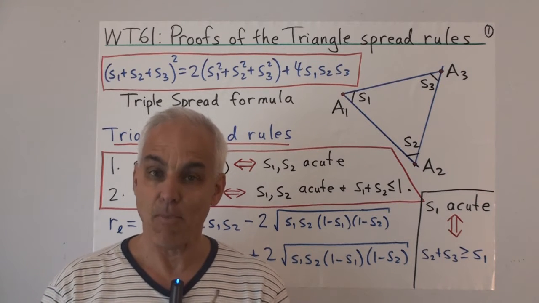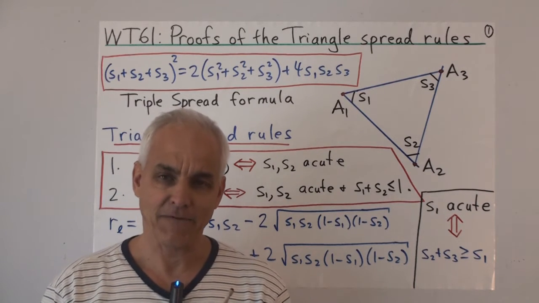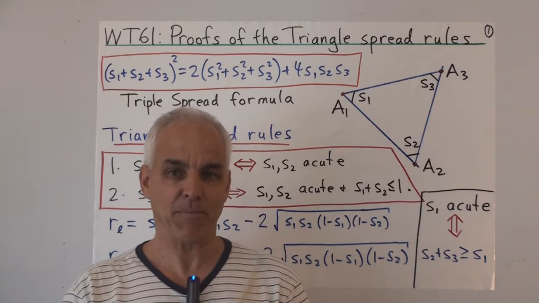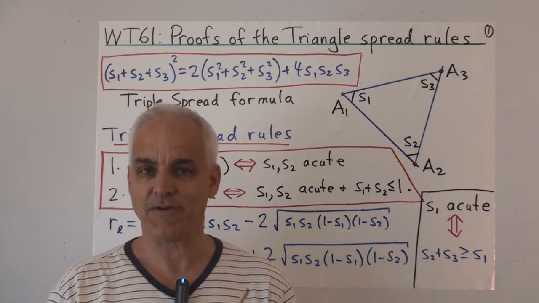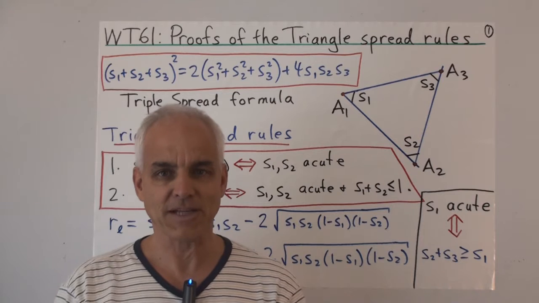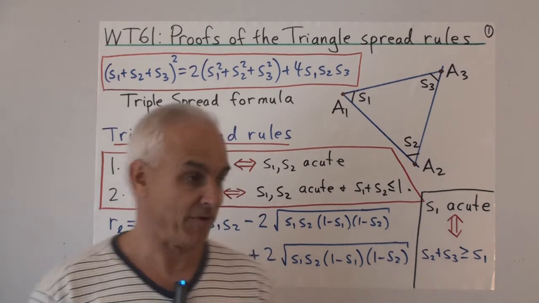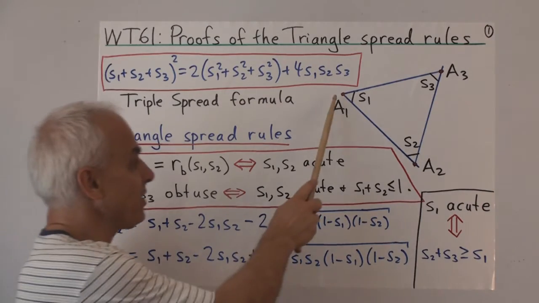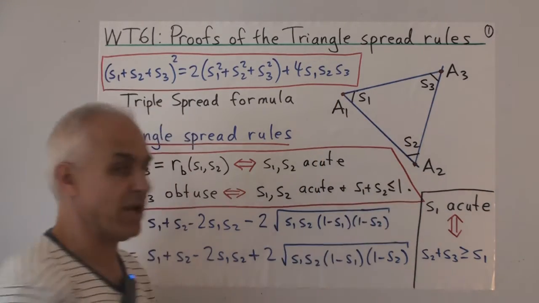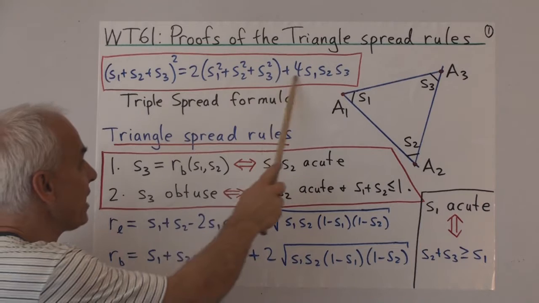This lecture is going to be more technical than usual, and in fact I admit that probably the proofs that I'm going to give you today are not very optimal. These are the only ones I've been able to come up with, and perhaps some of you will come up with simpler arguments. So the triangle spread rules concern the three spreads of a triangle, which we know satisfy the